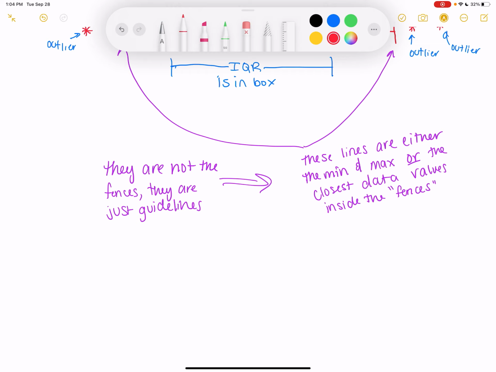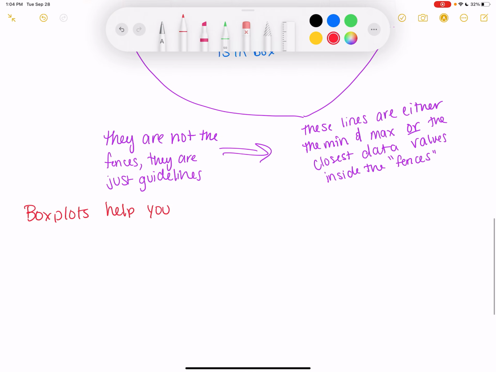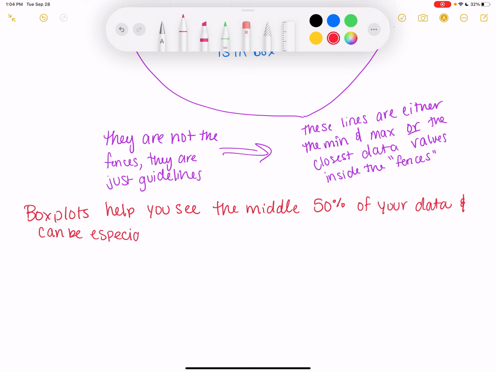So, box plots help you see the middle 50% of your data, and they can be especially helpful for comparing